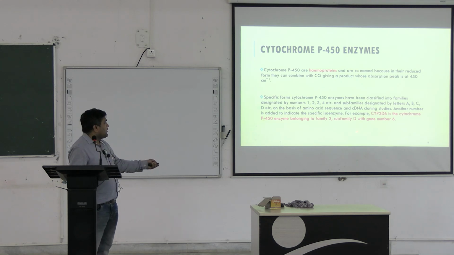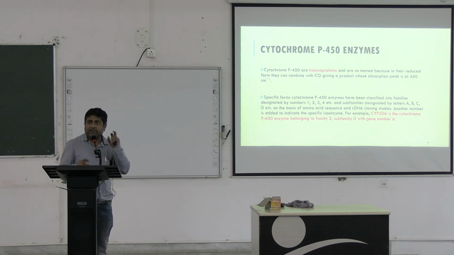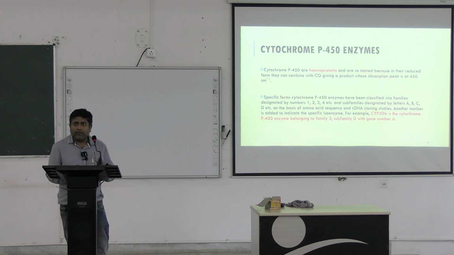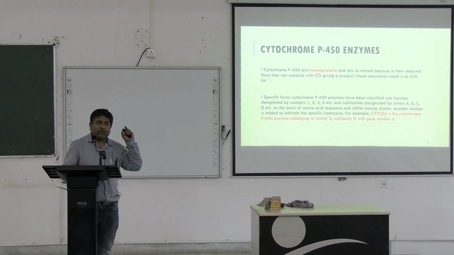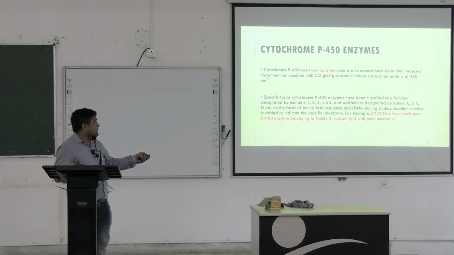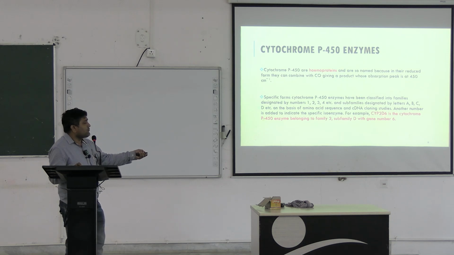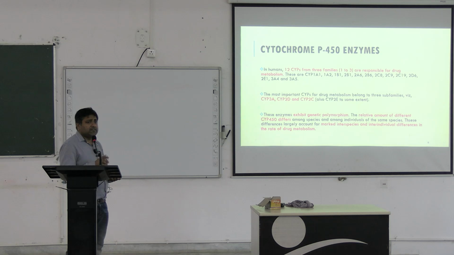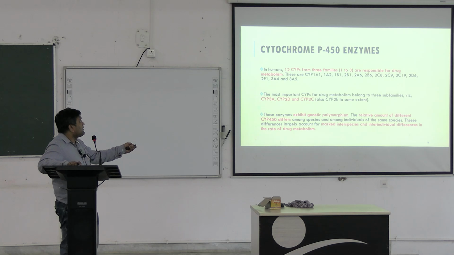For example, consider CYP2D6. It's an individual enzyme belonging to the cytochrome P450 system, having family 2, subfamily D, and 6 is the gene number. In humans, though there are many enzymes, only 12 cytochrome P450 enzymes are responsible for